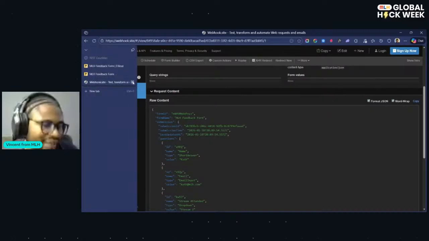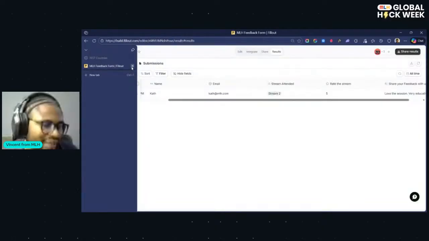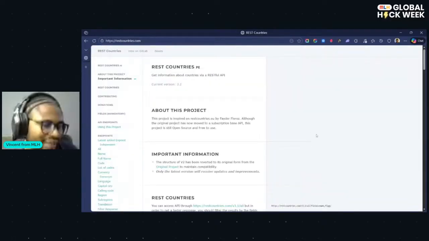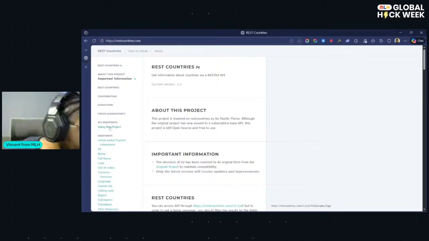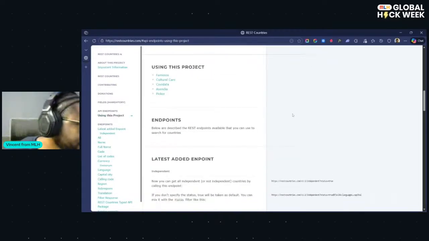Okay, so with that, let's dive into our demo. We're going to use restcountries.com to build a tourist kind of application while consuming the REST Countries API. First things first, let's take a look at how to consume this endpoint. I think the first thing I'll do is go straight to the project to give me an overview of how to use it.